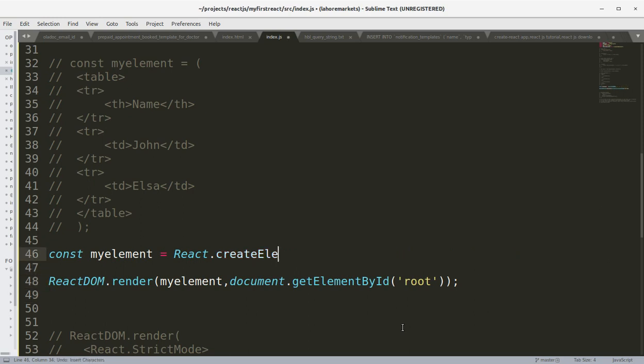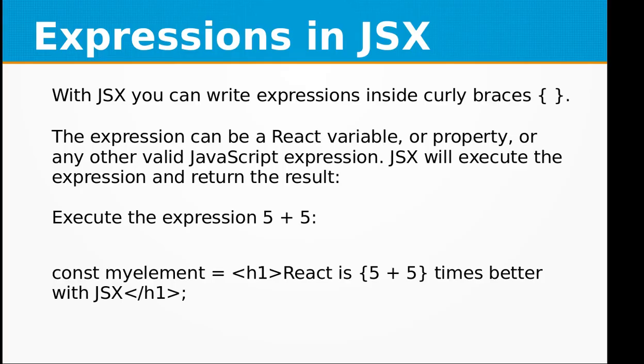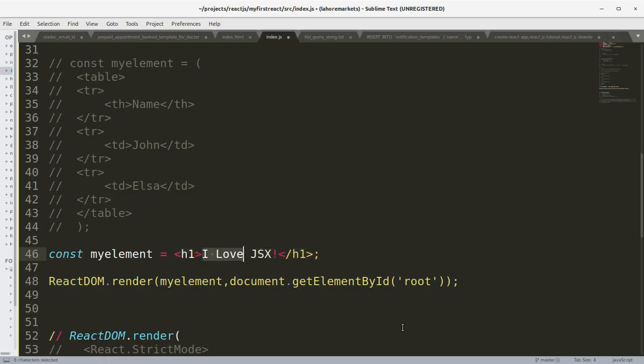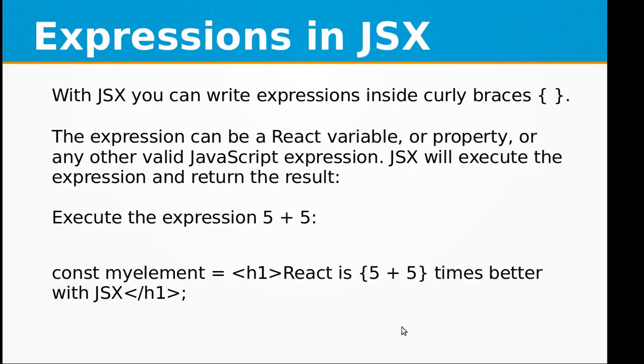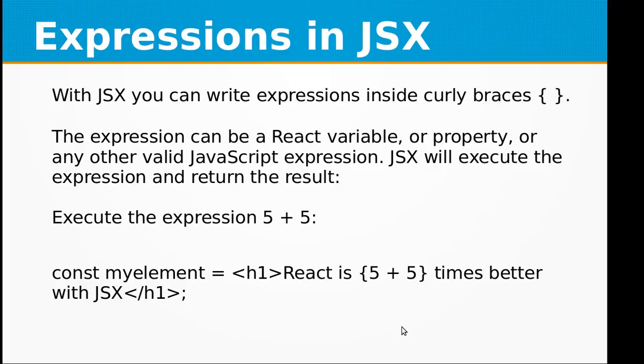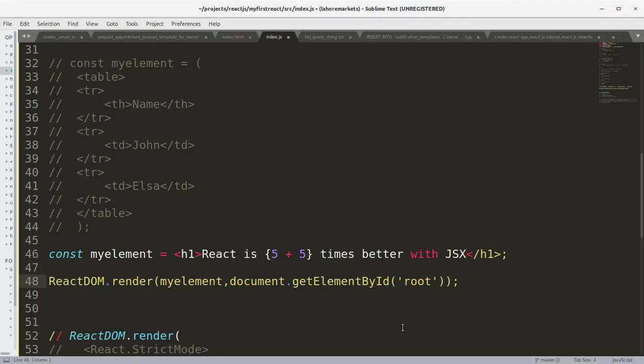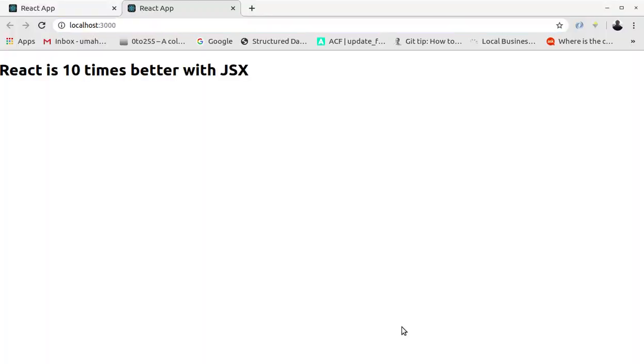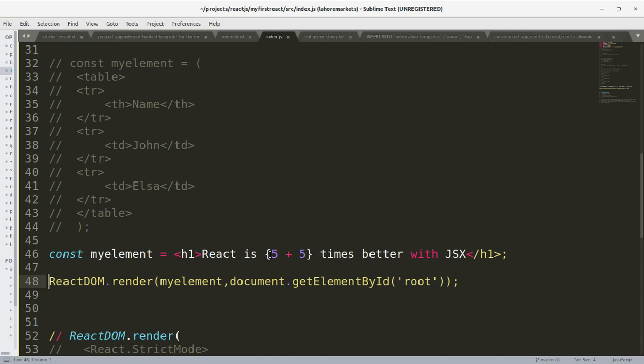Revert this to JSX. Okay, and I can say React is, start the curly braces, 5 plus 5, times better with JSX. The h1 tag is closed. Save the file. Let's refresh the browser, and it says React is 10 times better with JSX